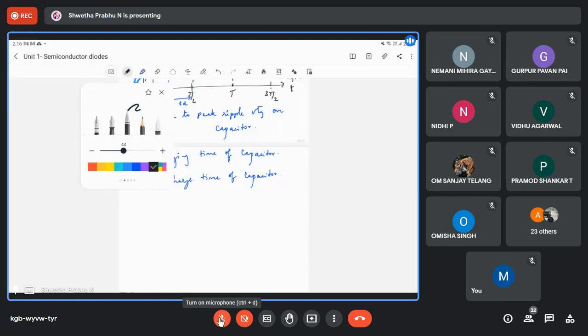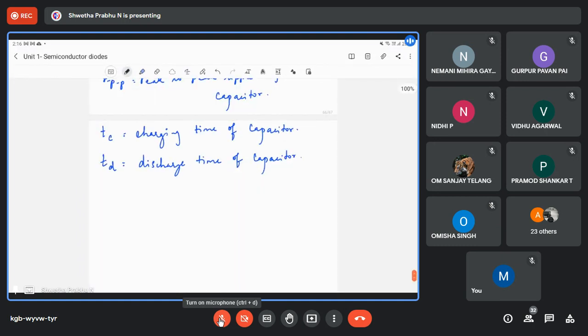With respect to the filter, you don't have any derivations as such. What I'll do is there are some 2 to 3 equations, I'll give you those equations. If you remember, that is more than sufficient in order to solve the numericals. So first equation,